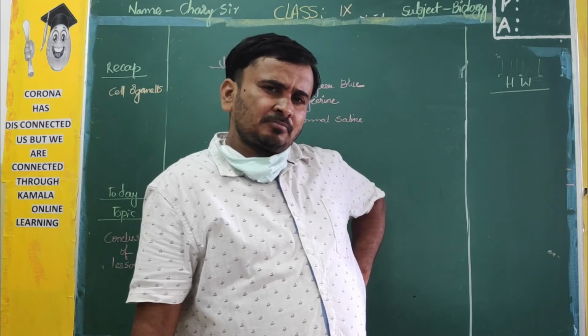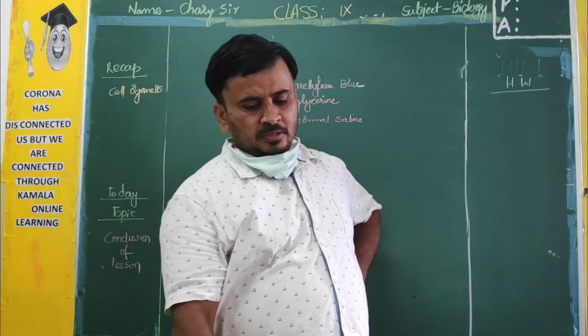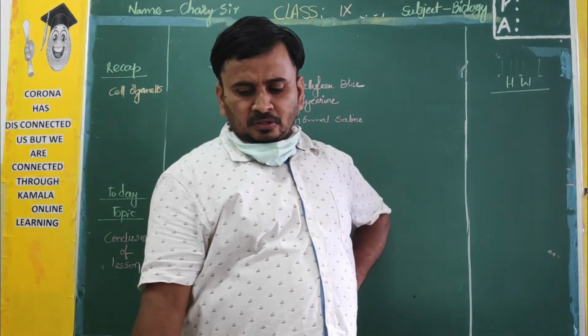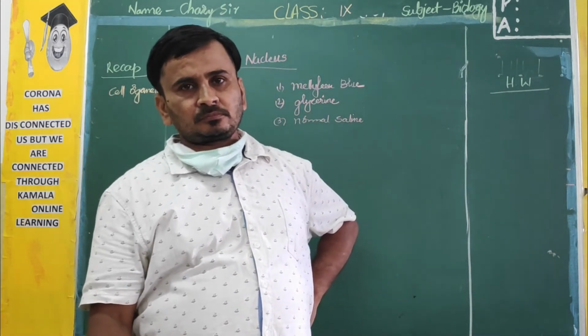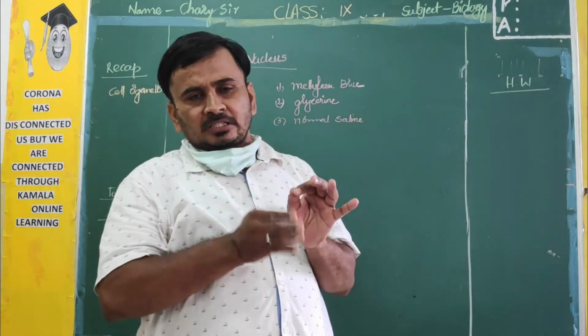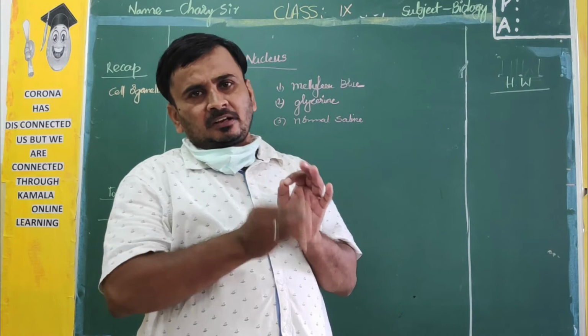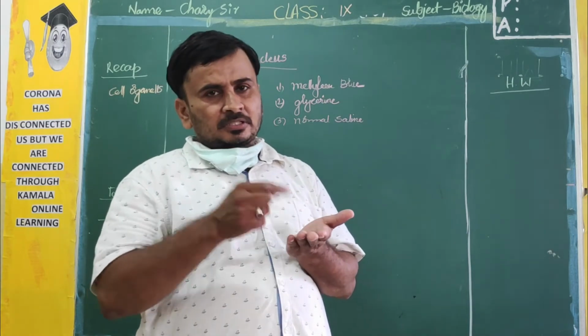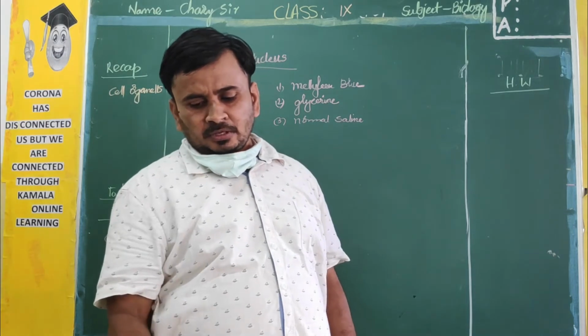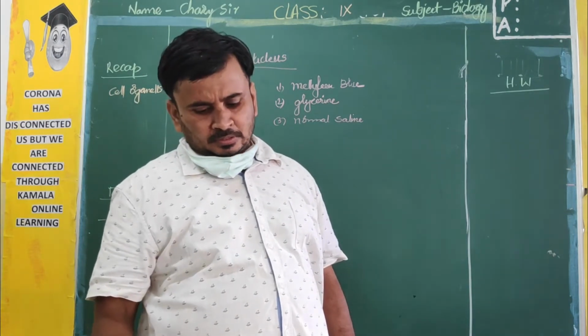Before you actually observe, on page number 2 we have already done the observation of onion peel cells. Same experiment with the onion peels: cut the onions and just observe. Keep it on the slide, put on the cover slip, press in all directions, and keep it under the microscope. Here also you are observing through the microscope.